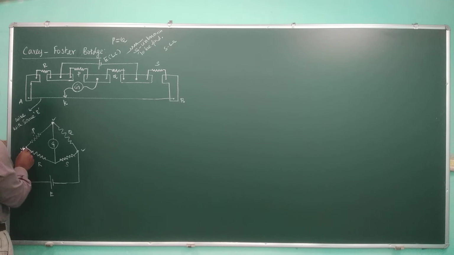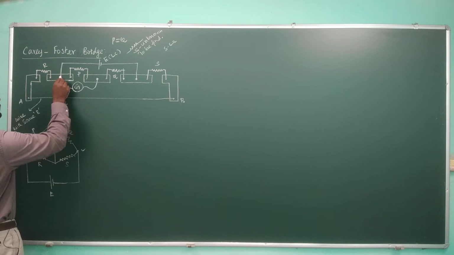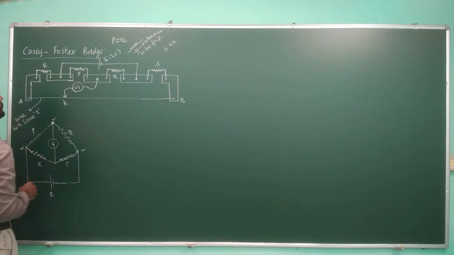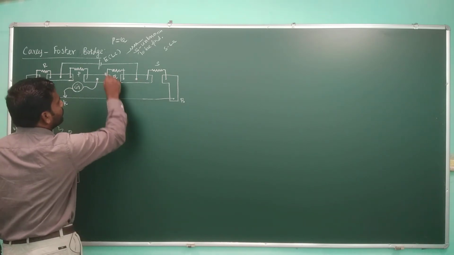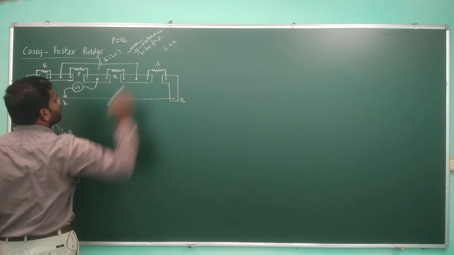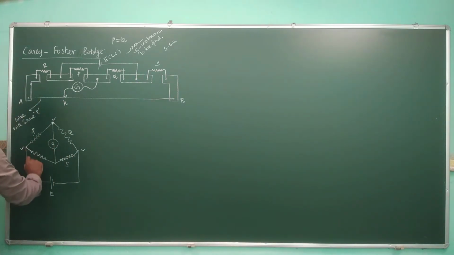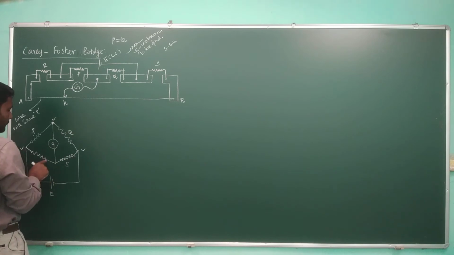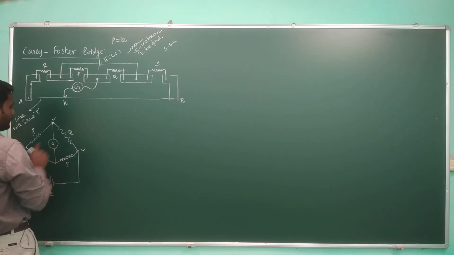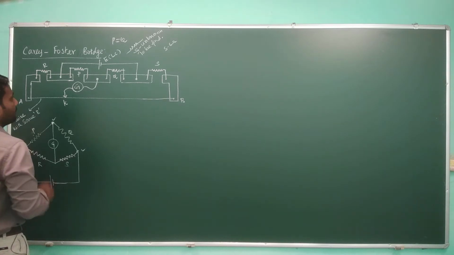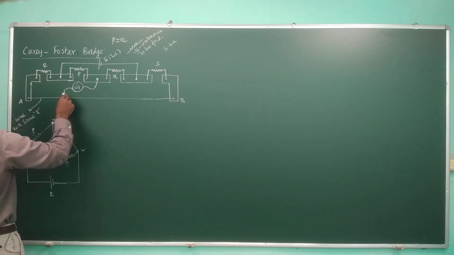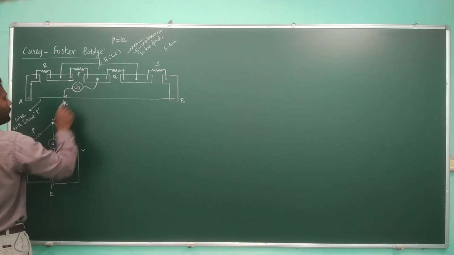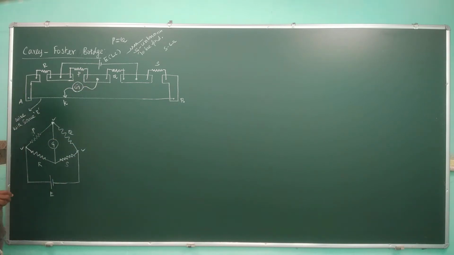Now there is also another resistor, R and S, connected from this junction. So see, from this one line is going to the cell, another line is going to R. Similarly, on this side, from the other point of Q, one line is going to the battery, the other line is going to S. Now what about the other part of R and S? Both should be connected, and that should be connected to the galvanometer, right? Here it is connected through this wire, here also through this wire, and this is connected to this point through the galvanometer.